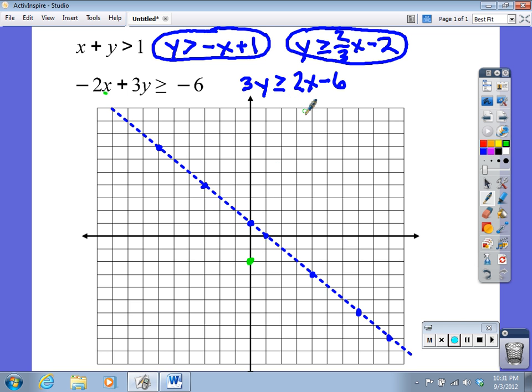And we have a slope of 2/3, and it's positive. So we can go up 2, over 3, up 2, over 3, up 2, over 3, and we'll go the other way, down 2, over 3, down 2, over 3. Now, the solution set could be on the line, so I can grab a solid line